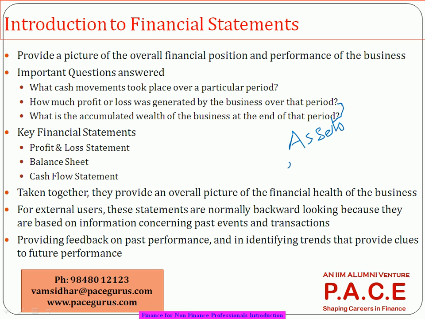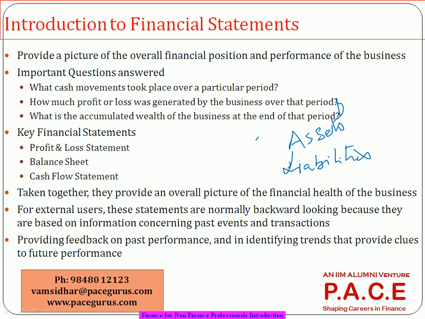So whatever is outstanding on a particular date. Let's say I have taken a loan for 5 years. I may pay only some portion of the principal. If it is an EMI kind of payment, I will not clear off the loan within the next 1 year. It will take 5 years. So at the end of 1 year, there is still something outstanding from my side to be payable to someone else. Whatever is yet to be received by me, I call them assets. Whatever is yet to be paid from my side, I call them liabilities. So the balance sheet is nothing but a combination of these assets and liabilities.